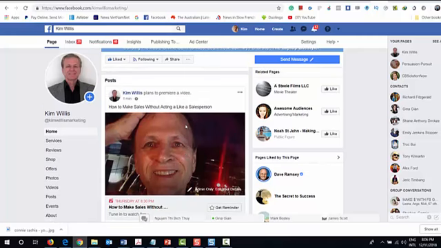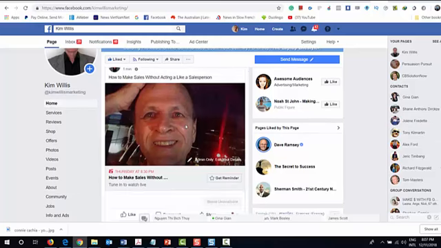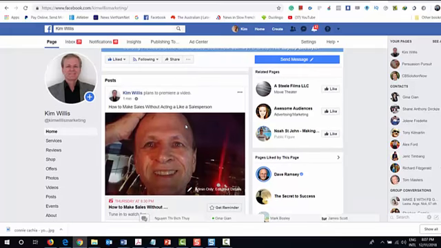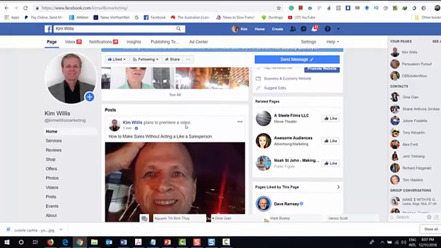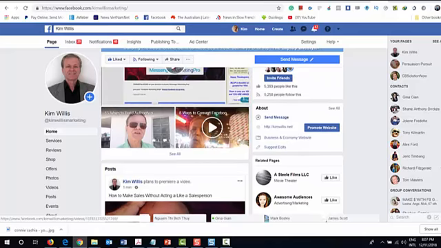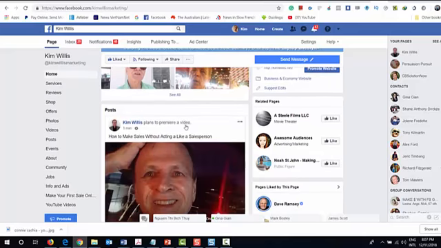It doesn't stop with the event. You can continue the mini viral effect if you wish after the event as well. So there's lots of things you can do there, and I've written a post about it, and you can read that post as well, which gives you more detail. So that's it for now. That just gives you a real quick overview as to how to schedule a Premiere event.